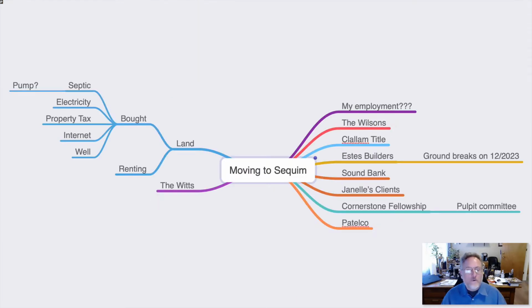I'm also moving up to Sequim for those of you in Washington. I'm moving and I'm building a house. And so these are all the questions and all the things that I'm doing to move about 1,000 miles closer to Tim. That's what I'm going to be doing. And so this will continue to grow. We plan on breaking ground in December of 2023. So as I add things, this will continue to grow. And as we get to actually putting shovel to ground, this will really take off.